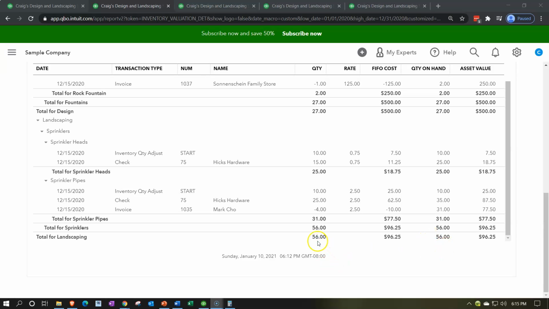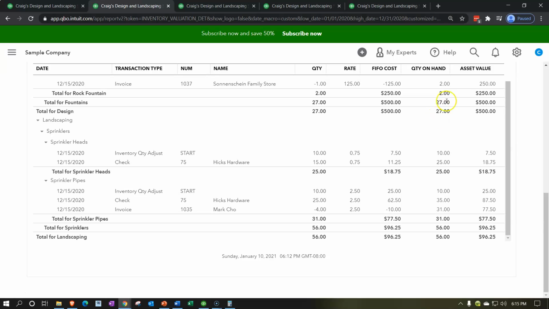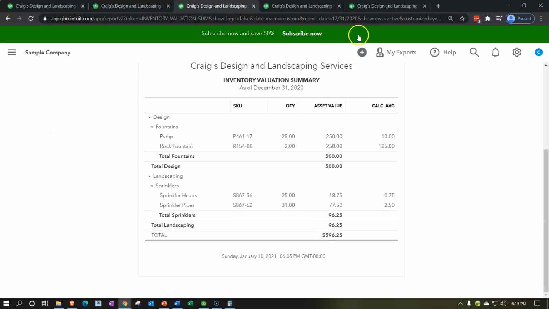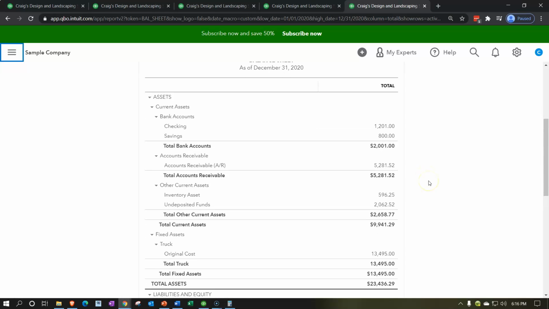And then bottom line, we've got the quantity, we've got the first in, first out cost, and then we've got the quantity on hand and the asset value for each of the items. So this report doesn't give us the total of all of them. These two reports are nice in combination. So if I want to tie into the inventory report, there's going to be the asset value, the 596.25. Back over here, if we take a look at the asset value, it would be the 500 plus the 96.25, which of course is the 596.25, and that should tie out to the balance sheet for the assets of the